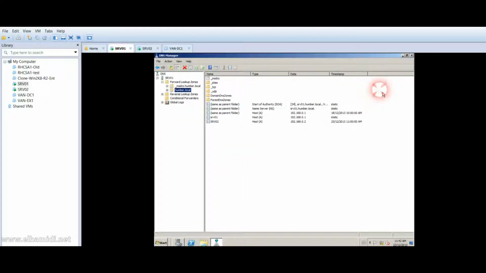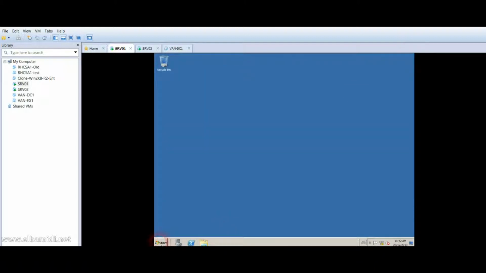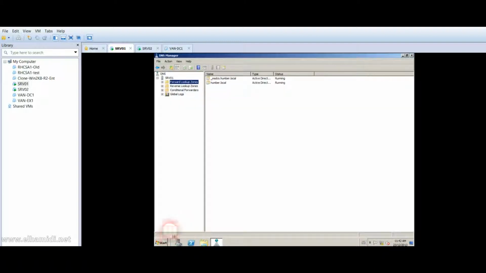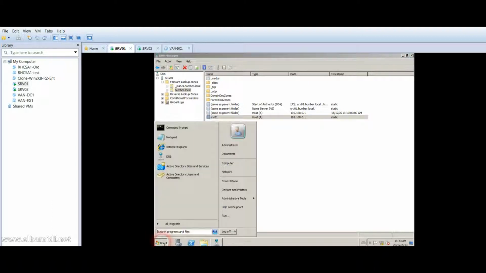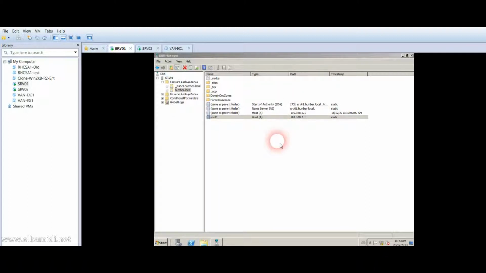Okay. Close this one, close this one, close this one. Go again to the DNS server from server 1, DNS server and sites as well. Now it is only server 1, there is no server 2. If you go back in the video, you'll find it was server 1 and server 2. Another thing: if you go to Active Directory sites and services,